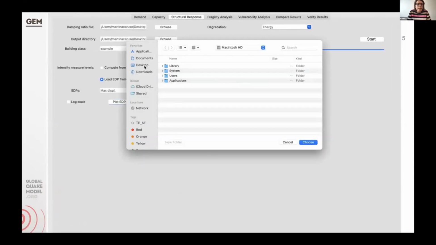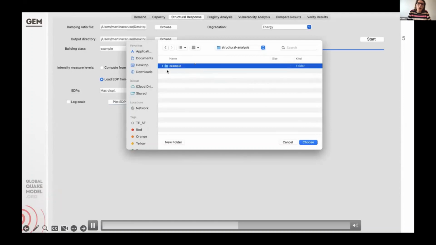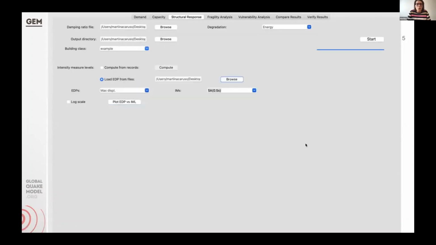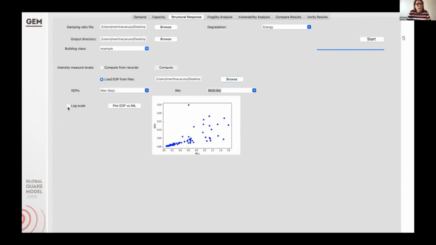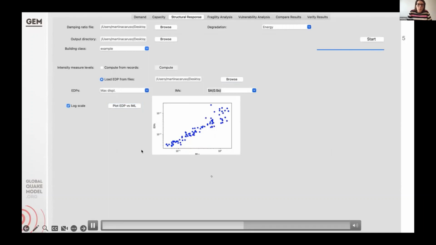So I will go again to the output folder, and I will see that in the structural analysis, the tool has created an example folder where the EDP and IM files are saved. So I will choose this one, and now I'm getting the plot, which I can also see in log scale. Now we can move to the